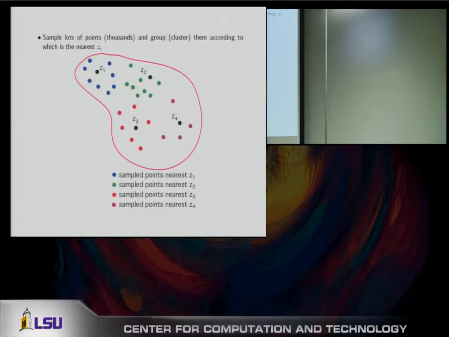So what we did is we developed a new method, which instead of averaging after every sample, we do lots of sampling, in this case. Then we cluster our sample points according to what they're nearest, so all the blue points are closer to Z1 than to the others. And then we average the blue points, and that's our new Z1. We average the red points, and that's our new Z3. And now I see because the blue points are